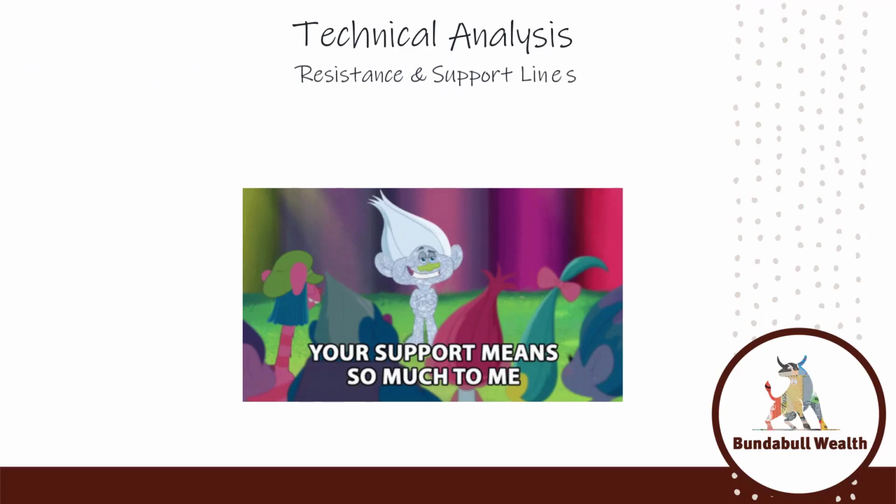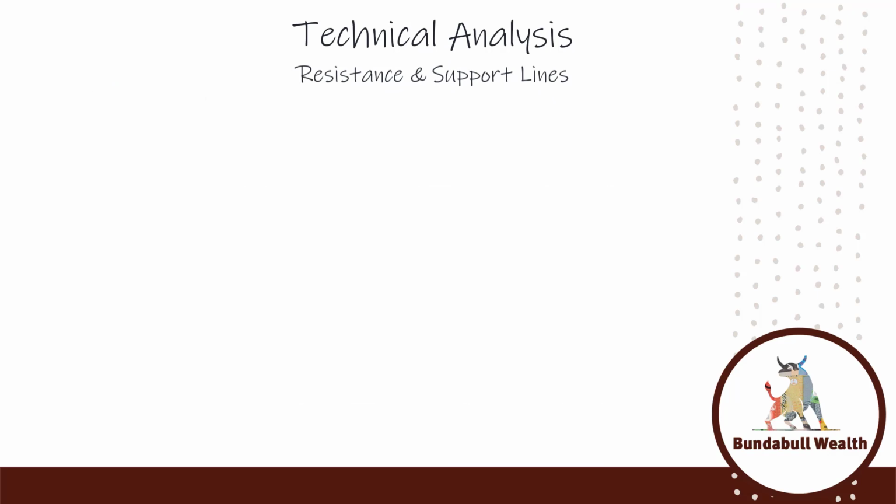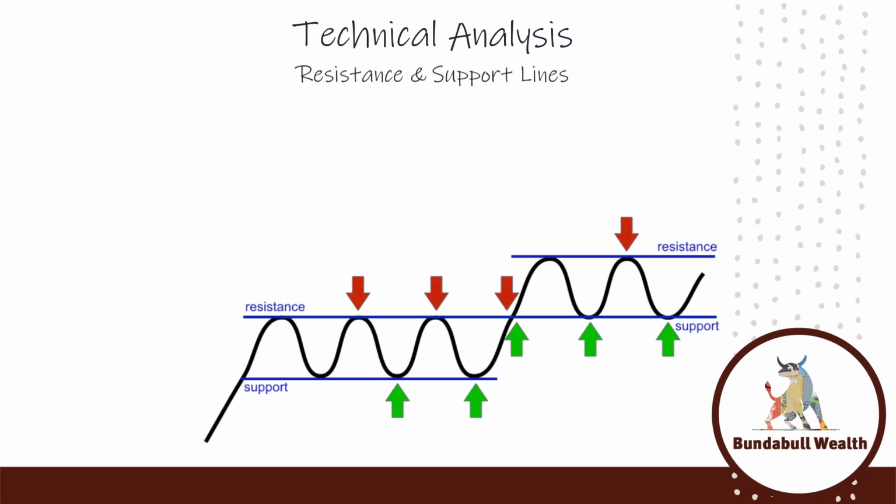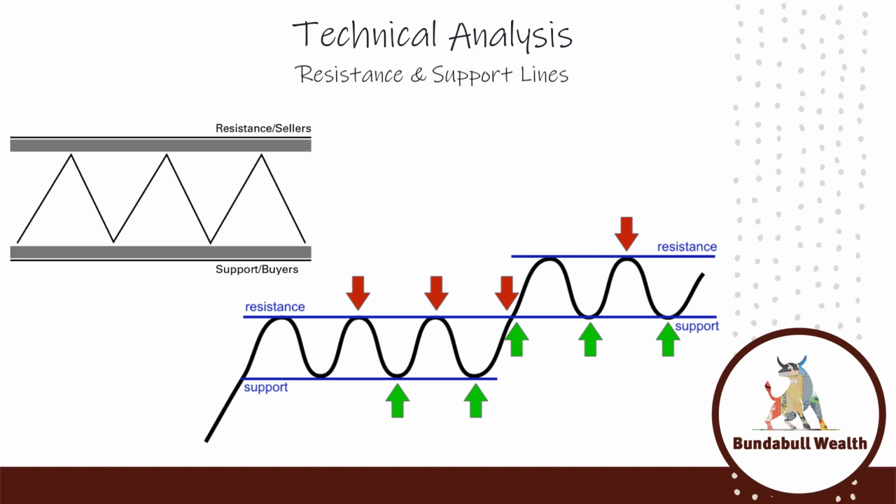Resistance and support lines. While there are some limitations with classic technical analysis, they can provide some assistance in fine-tuning the timing of a change in trend. Let's look at using support and resistance levels to help define buying and selling points in the market. Resistance line. A resistance line is the level at which rising prices stop climbing and move sideways or downwards, indicating an abundance of supply. By drawing a line that connects all of the highs, we create what is called a resistance line. At this level, the market resists going higher because there are sellers who enter the market to sell more shares when the shares trade at this price. The weight of their cumulative selling prevents the price from rising.